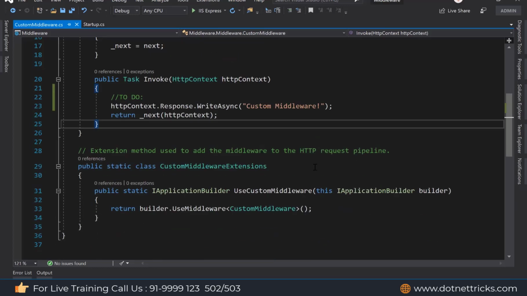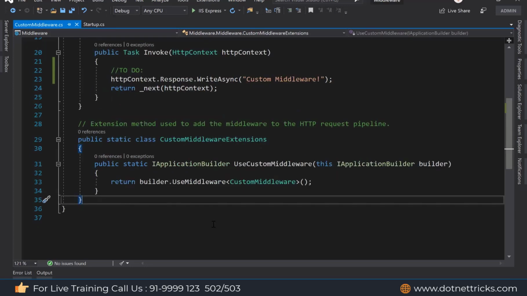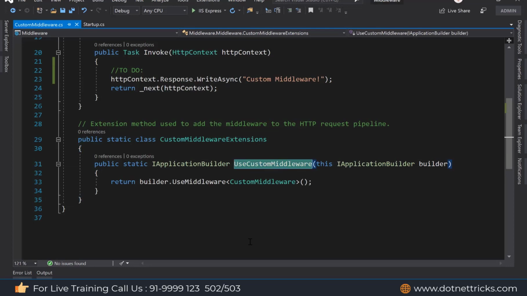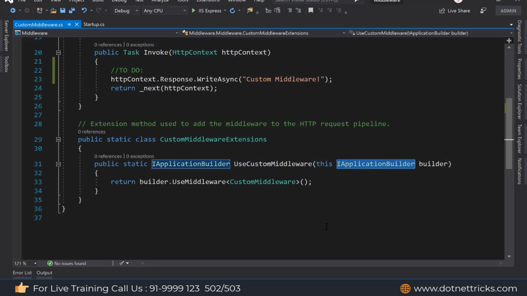And if you will see, an extension method is also added here. This extension method we will use for configuring the middleware in the startup.cs file. This class has an extension method, use custom middleware, and we are adding this method to the IApplicationBuilder interface.